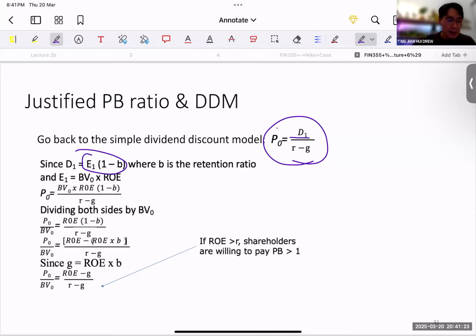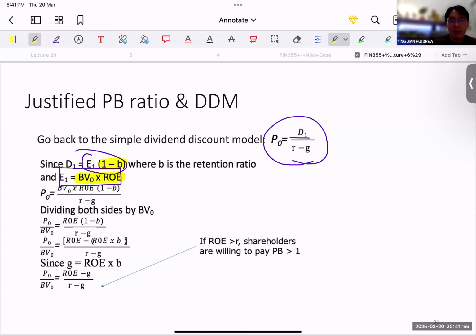Okay. And then what is earnings? Earnings can be given by your book value multiplied by return on equity, right? Your book value of equity multiplied by the return on equity gives you your earnings. And because of that, what can we do here? I'm just going to highlight what we're going to do: we're going to use this 1 minus b, and instead of E1, we're going to use this one,